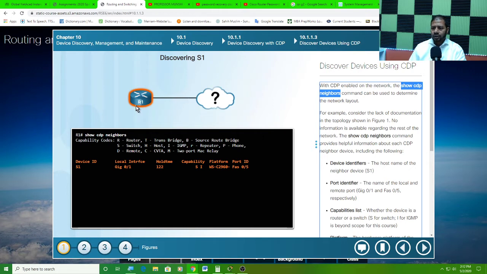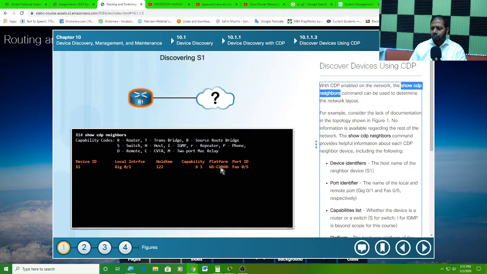So you are in the R1, you are in the router, you are in the privileged exec mode, and you type show CDP neighbor. So then this other device that is plugged in shows up in here. Device ID S1. So you think, oh, okay, that name of the device is S1, but that's the only host name. What kind of device is it? It shows capability S and I, meaning it's a switch, and I stands for IGMP, okay, interior gateway management protocol. So now IGMP right here,